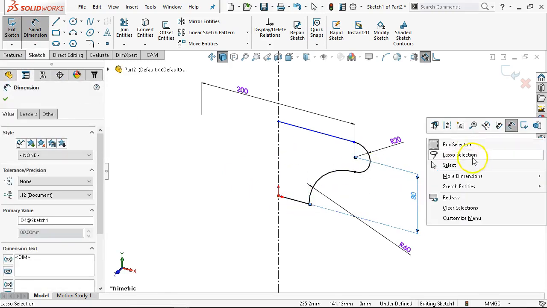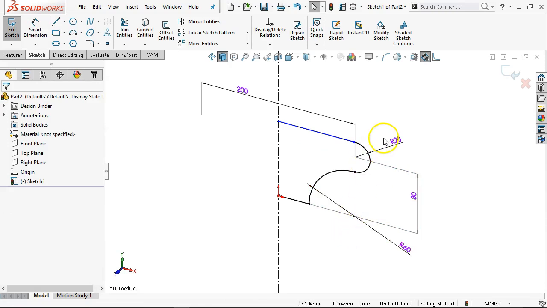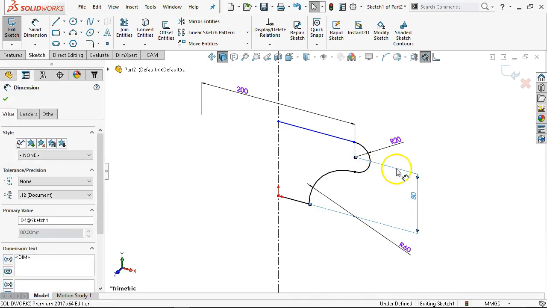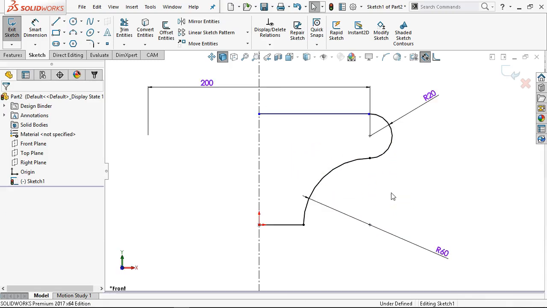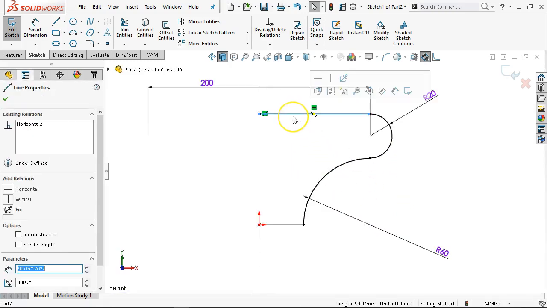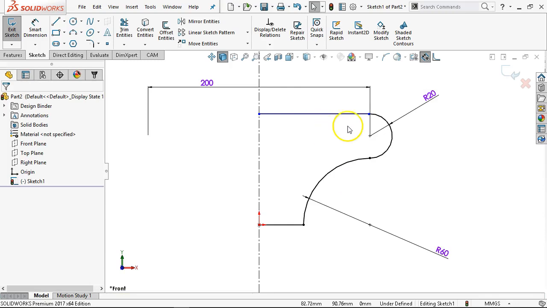Okay, so that went to 80, and the 60 and the 20, I automatically went to a driven dimension, right? So again, I have my do not show turned on for the make this driven, and as long as I recognize that this is grayed out and it's not going to participate, then I can just go ahead and delete it. All right, so that one's horizontal,